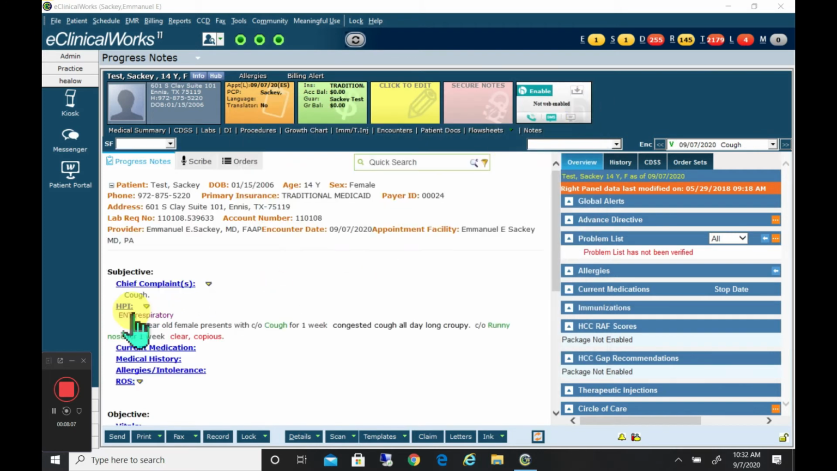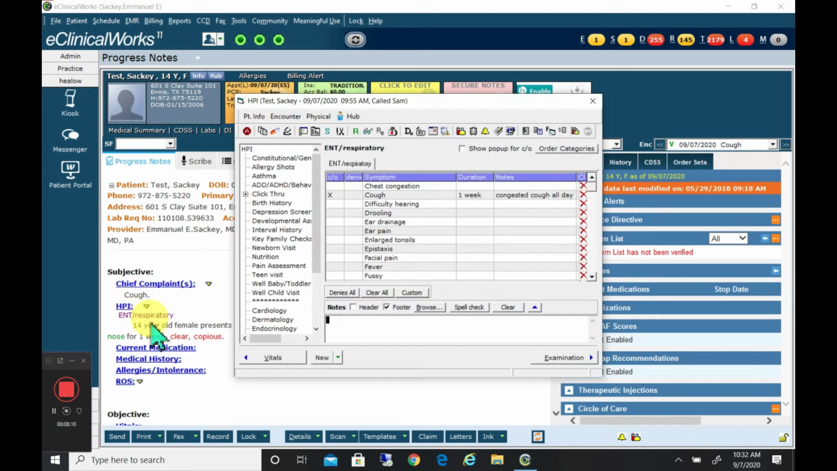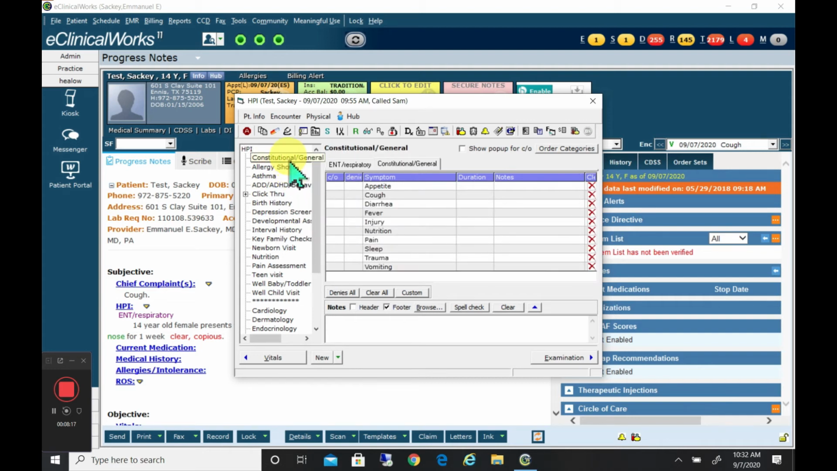X out. So on our HPI, usually you want to have some general symptoms. So usually you will always be picking constitutional general as well. And going to that, we have options. Appetite, we pick a few common options such as fever. We could say denies fever, check that. We could put under nutrition, you can move along, and you could put a note,